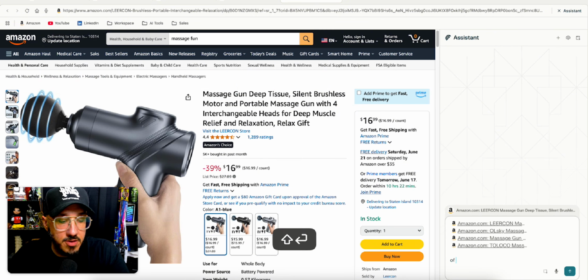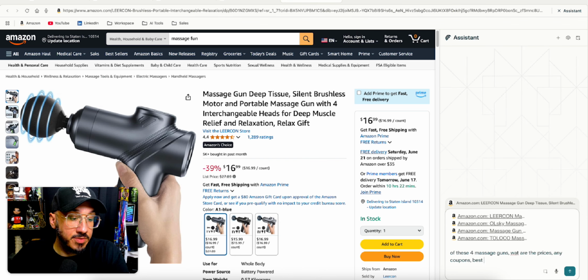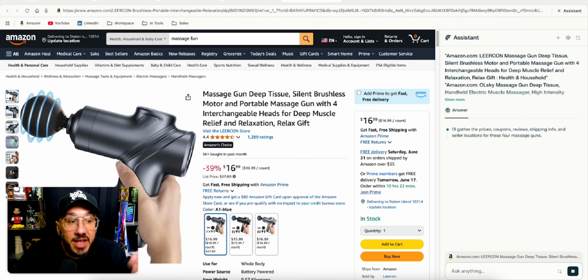And I'll say, of these 4 massage guns, what are the prices, any coupons, best or top reviews? Are they shipped from Amazon? And are they US or China sellers? Give me the list. So now you can have multiple different tabs open on something if you want to do